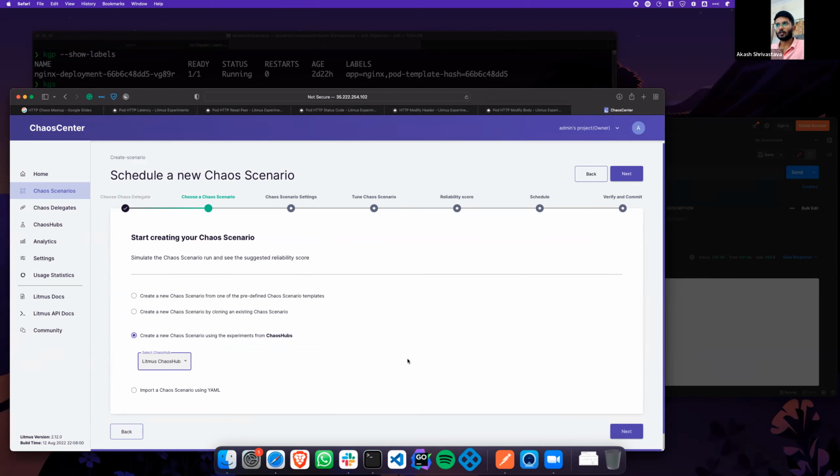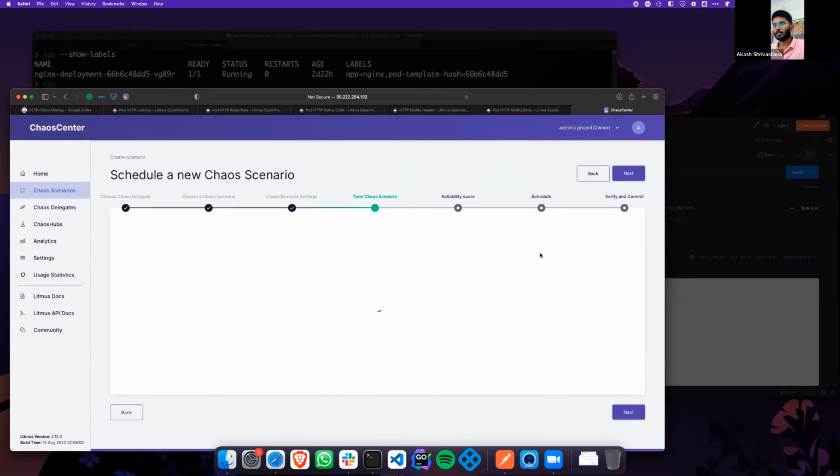HTTP latency is available from 2.10, and all the other experiments are available from 2.11. Toxicity support is available from 2.12. I am running 2.12 right now, so I have all the latest things available. Moving ahead, let's add an experiment.